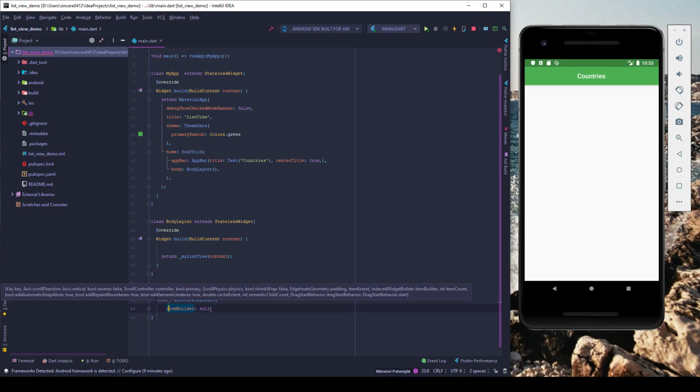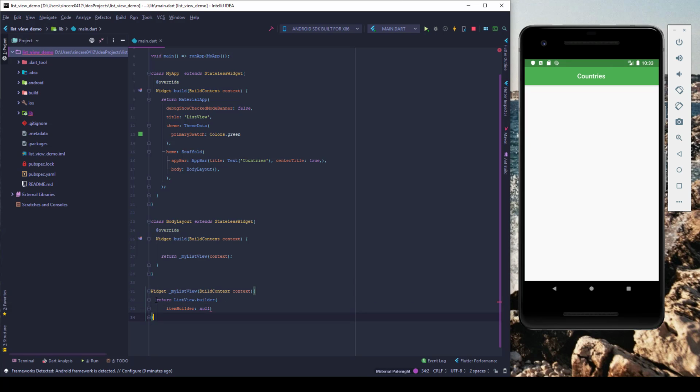We're going to return a list view.builder, and what we got here, we need an item count. All right, so we need an item, right? We can't just kind of do it like this. So we need an item to kind of go iterate through, right? And that item is, we're going to use the .length method on it, so we know how many items we're going to reiterate through. So I'm going to, up here, right here, I'm going to create an array,